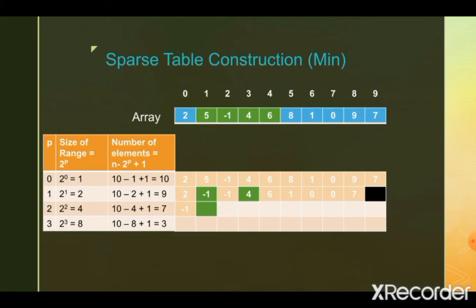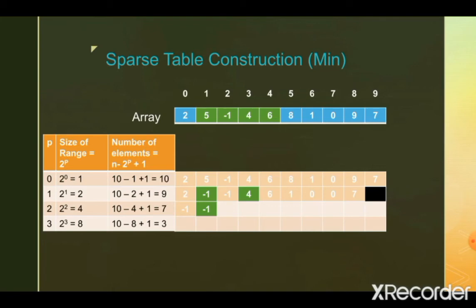and the minimum value for range 1 to 2 we have already computed in the sparse table in the second row, and its value is -1 as highlighted, and the minimum value for range 3 to 4 is already computed and is highlighted in the sparse table second row as 4. So the minimum value at the second element of the third row becomes the minimum among the two values in the second row of the sparse table, -1 and 4. So the minimum is -1.